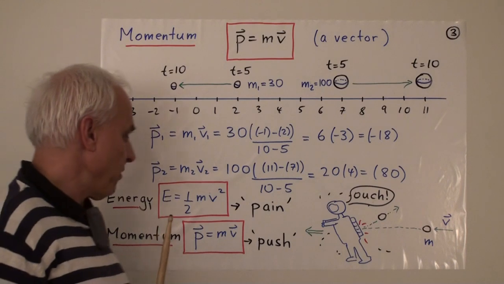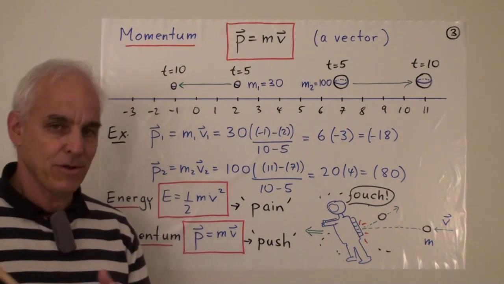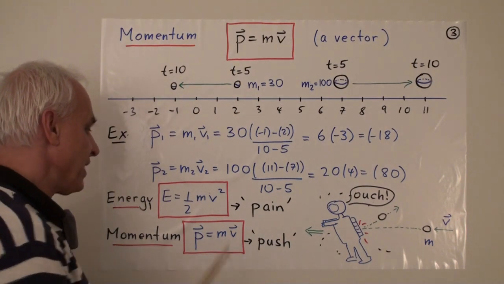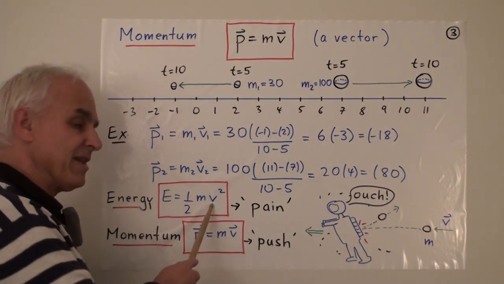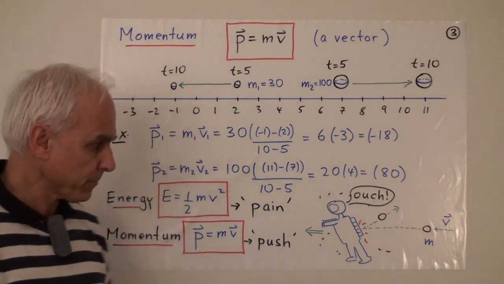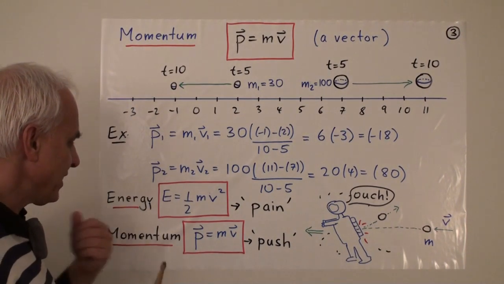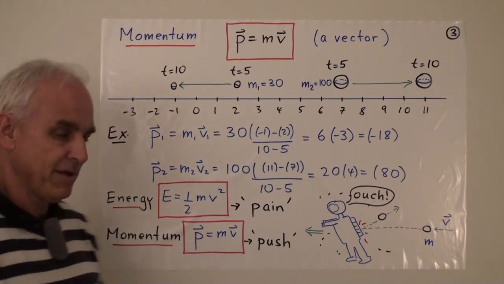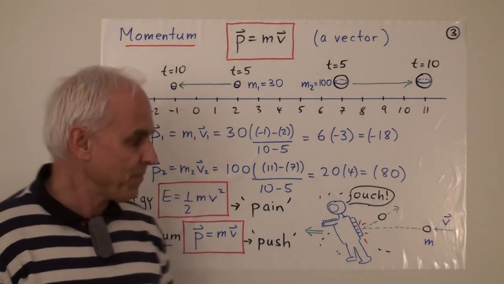So both energy and momentum are pretty closely connected because they're both made up of the mass and more or less the velocity, except here's the length of the velocity squared, and here's just the velocity as a vector. So what is the difference? How should we perhaps think about these two things if you haven't thought about physics for a while?